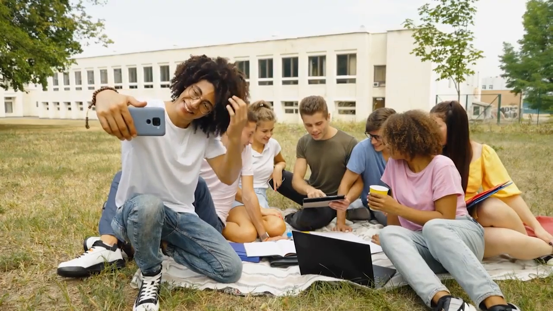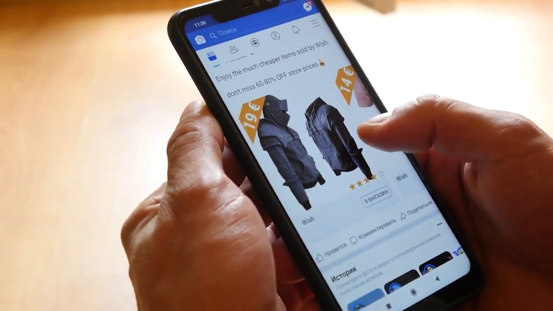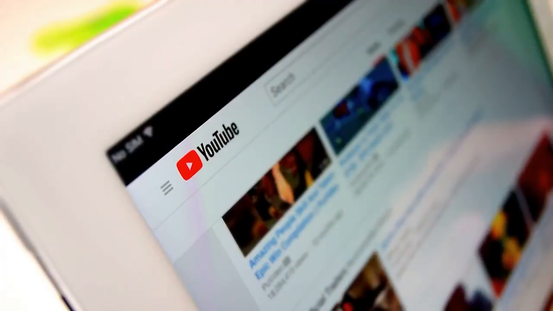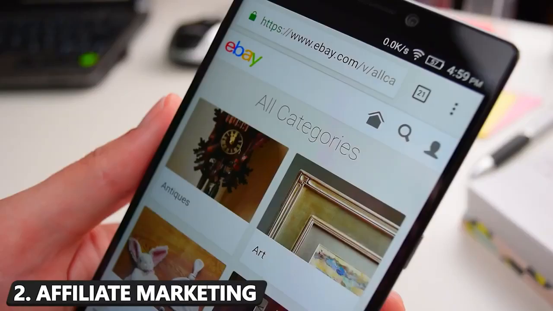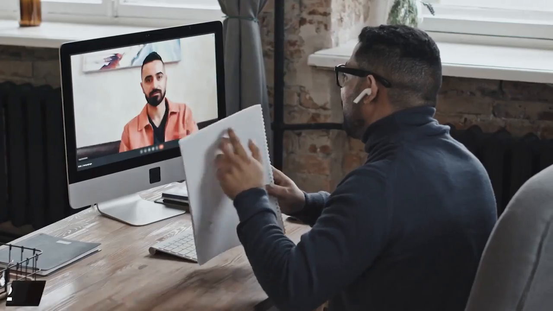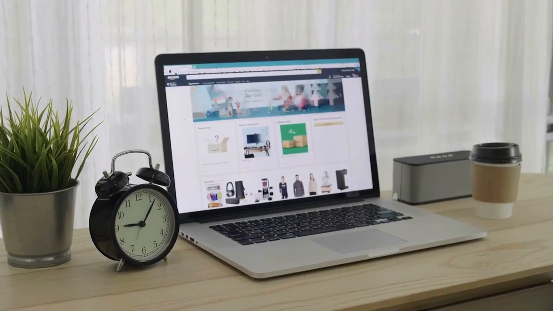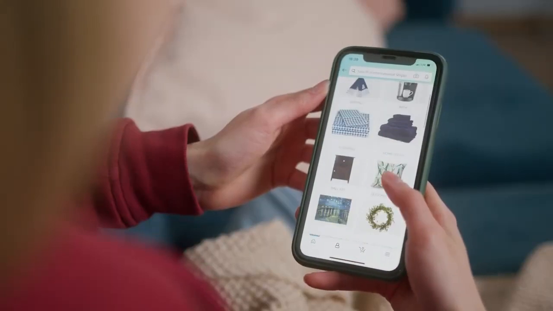Setting up a blog will not cost much, but you need to post regularly to be successful. As you gain popularity online, you can sell advertising space. The same is the case with vloggers who publish videos on YouTube and other video sharing platforms. Number 2. Affiliate marketing. Do you know about affiliate marketing? It is simply a partnership arrangement between an online vendor and agents who market their products and earn a percentage from the proceeds. This business model has generated millions for many and continues till this day.